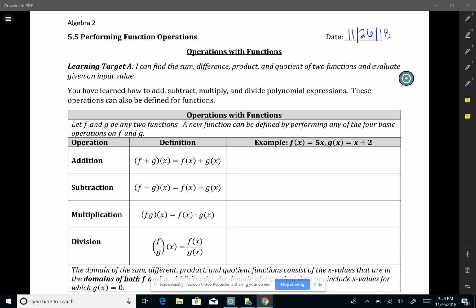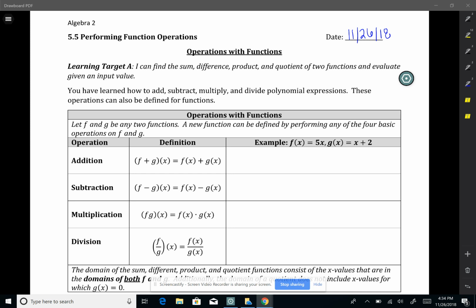an input value. So we have learned how to add, subtract, multiply, and divide polynomial expressions, and these operations can also be defined for functions. So basically, we just have functions and we're going to add them together, we're going to subtract them, we're going to multiply them, then we're going to divide them, and then we're going to plug an x value in and